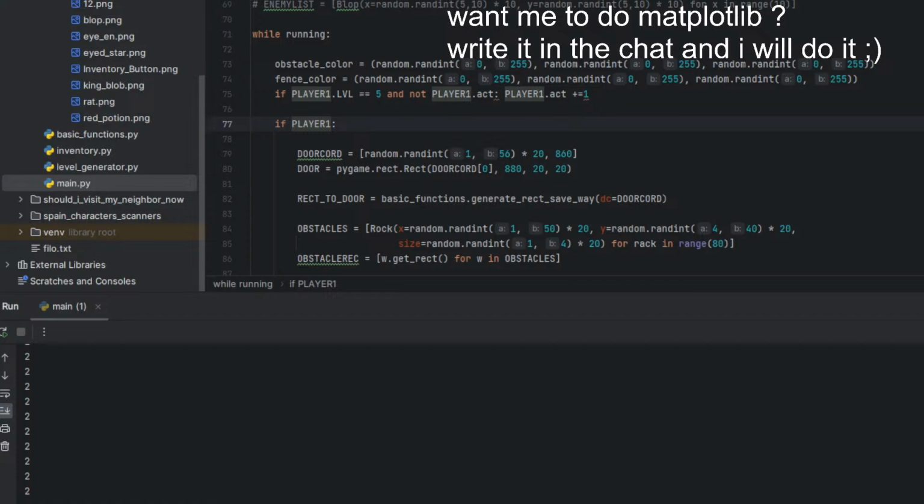Yeah, hello to the one who joined. I'm trying to implement a boss room. If not player.act, so if player.point_act, or if not player, if not player.point_act,